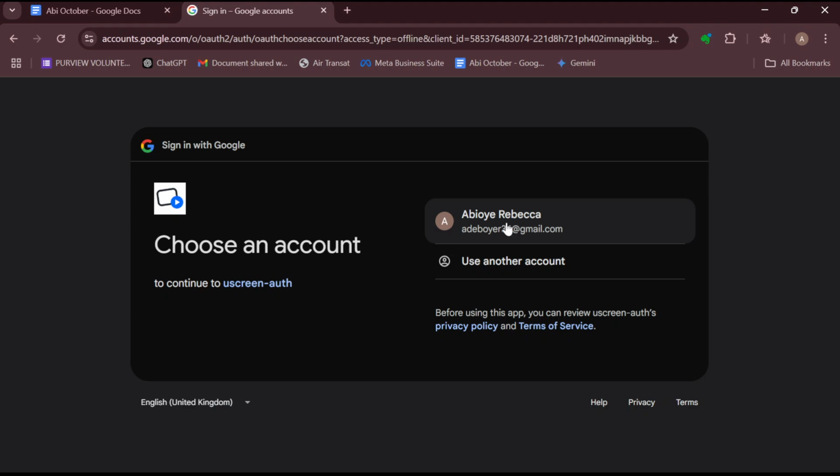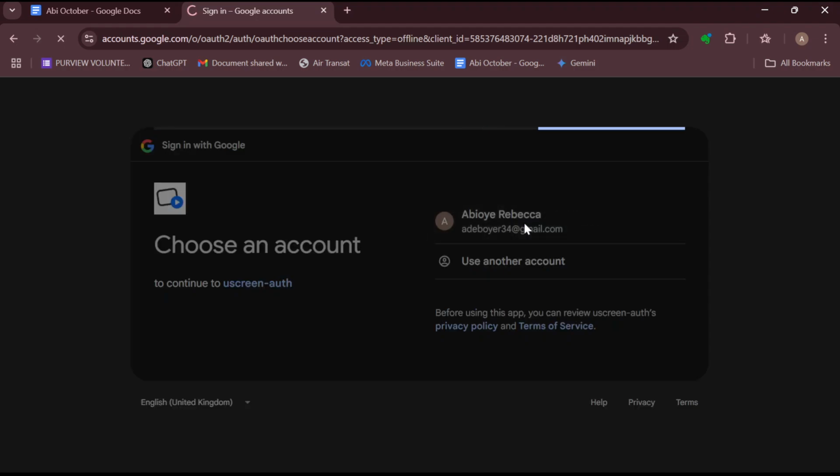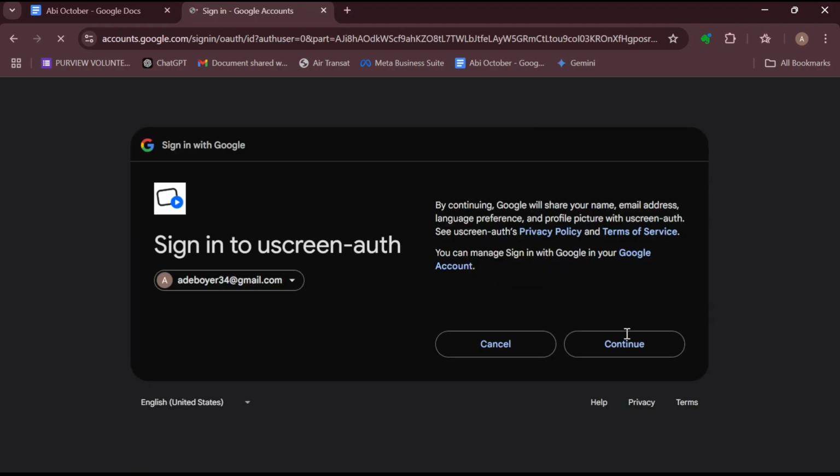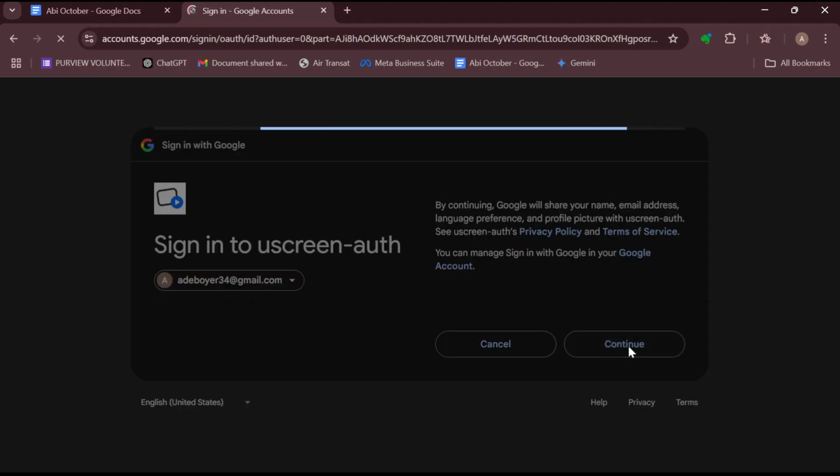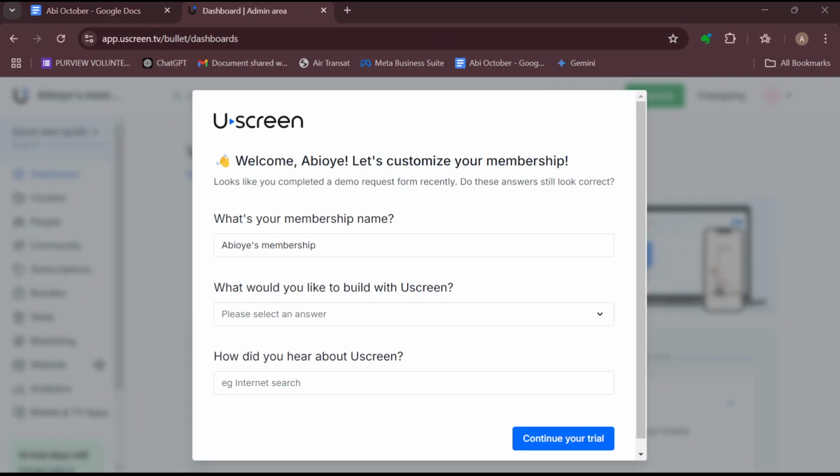If you've not synced your Google account to your web browser, you might not be able to sign in with your Google account this way. You would have to sign up your Google account on your web page first, and then you can now select sign in with Google account, and then you wait for the sign-in page to load. So once that's loaded, you can now see the page, the Uscreen's page,